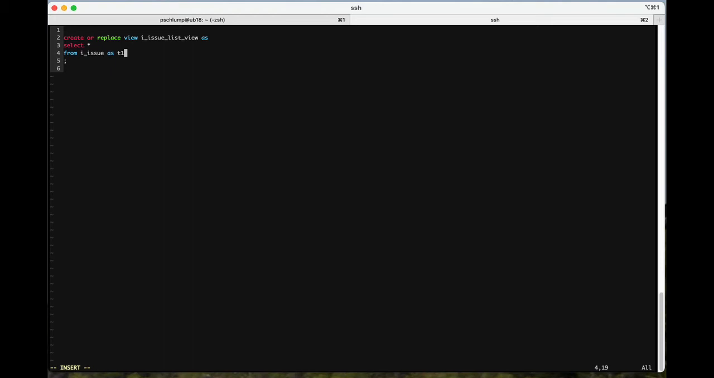Now, what I'd really like to have in that view is some joins. Join iState, because I'd like to have not just the state ID, but the actual state name when I return that view. So as T2 on T2.id equals T1.state ID, I think, if I remember correctly. And we want to join the severity as well. So that probably gets me the joins that I need, and I'd really like these things to come out in a certain order. So we're going to have an order by,